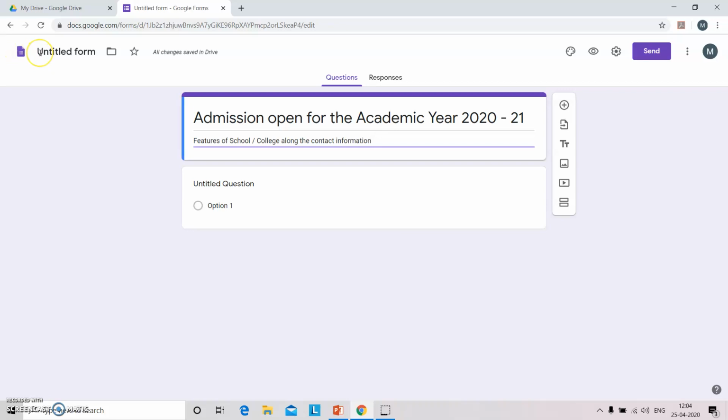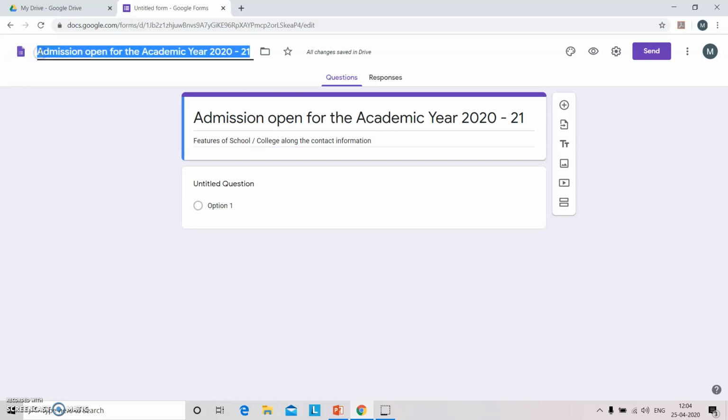You can see here the untitled form. As soon as you click over here, the name of the form gets changed and your form is saved in your Google Drive.